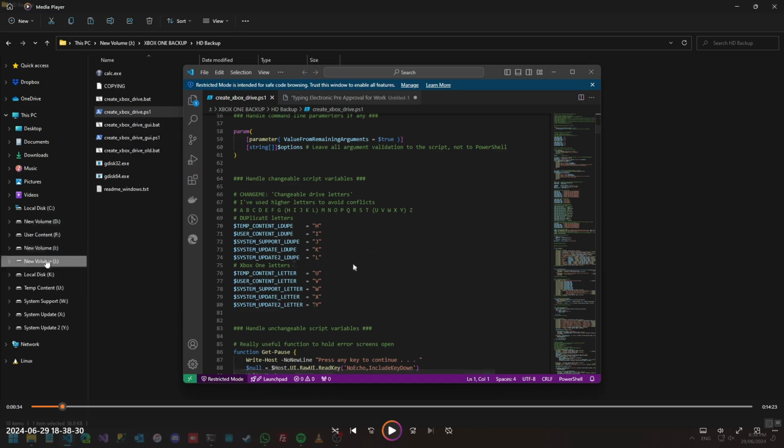So if I run it as is, it will give me an error. It will say that it cannot find the user content folder. So you need to check what the drive letters assigned are. You need to fix it, because you cannot right click here and change